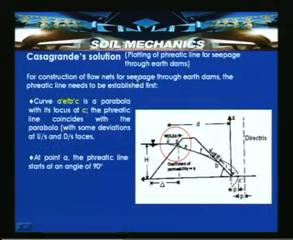So Casagrande's solution, basically the procedure we discussed, is plotting the phreatic line for seepage through earth dams. For construction of flow nets for seepage through earth dams, the phreatic line needs to be established first. In the flow through an earth dam, the most difficult part of constructing the flow net is the construction of the phreatic line. Though we have discussed some methods, they suffer from limitations,